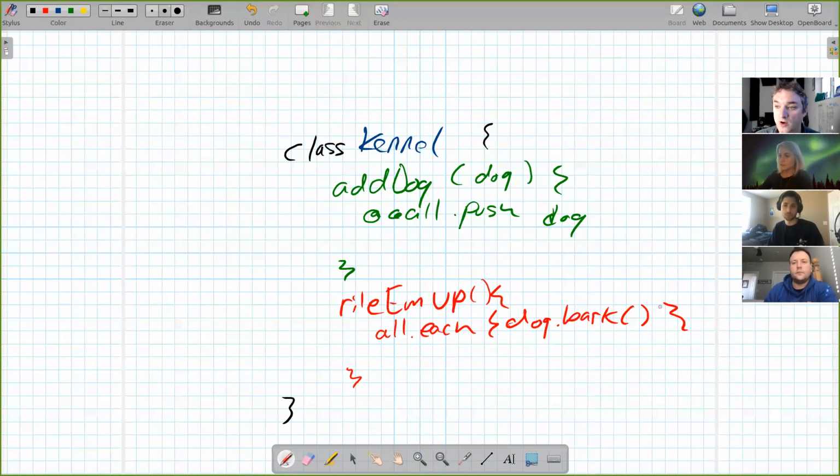Ooh. So types to the rescue. If for this to get added in the first place, we're checking that it's an instance of dog. Now we can confidently do that dot bark without any worry about whether or not it's going to break our app. That's what type systems are about.